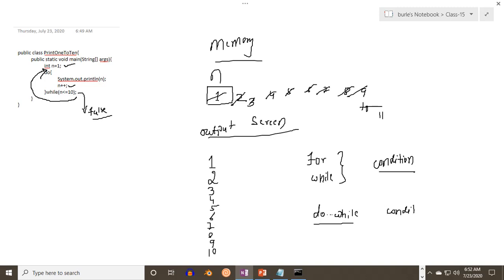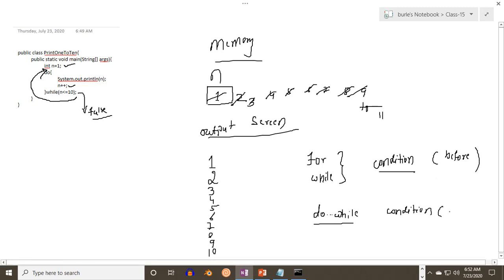So the condition is before execution in one, and after execution in the other. That's why for and while loops are known as entry control loops, and do while is known as exit control loop.